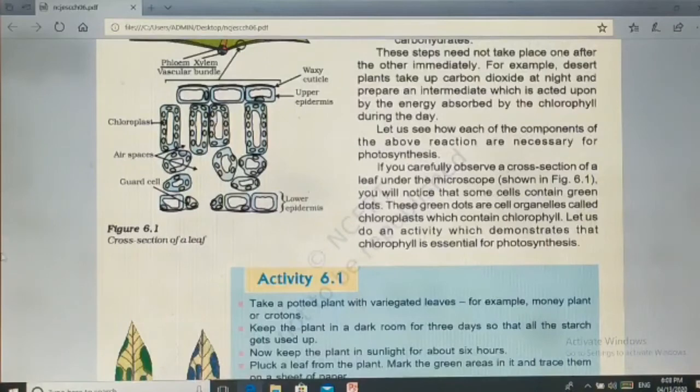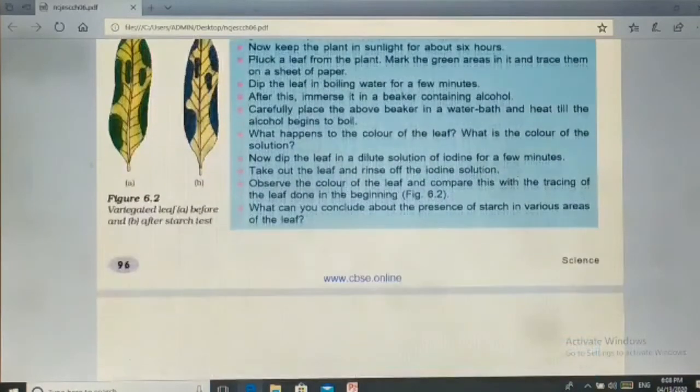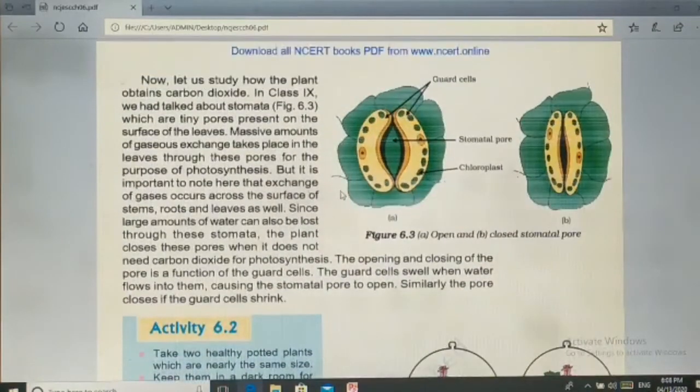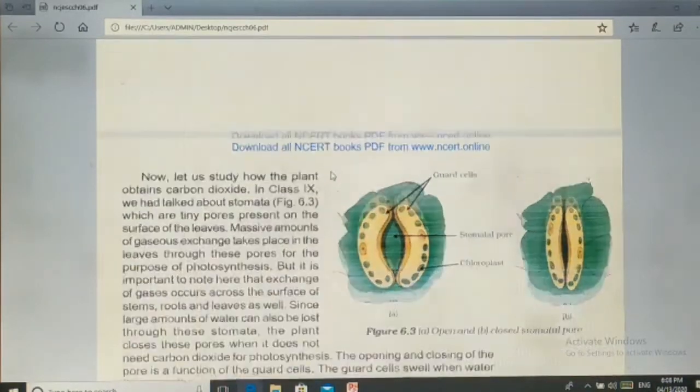So if you carefully observe the cross section of the leaf under the microscope, you will see this part. So after this, if you go through the activity, then you will see that this part of the leaf is getting,